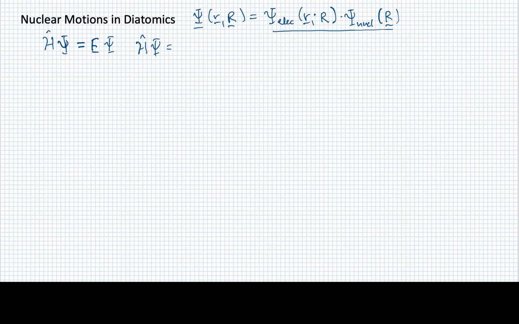So I could, for example, write this as a Hamiltonian of the electronic parts, the electronic kinetic energy and the Coulomb interactions, and a part that depends upon the kinetic energy of the nuclei. And that's all that's going to be in this piece of the Hamiltonian. When it's operating on this product wave function, it turns out we get what amounts to a separation of variables, just as we have in earlier cases. So this Hamiltonian will act only on this wave function, and this can only act on this wave function,